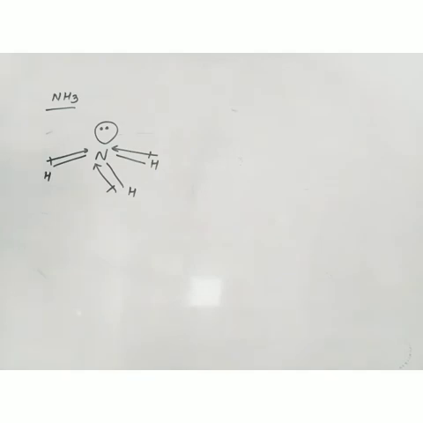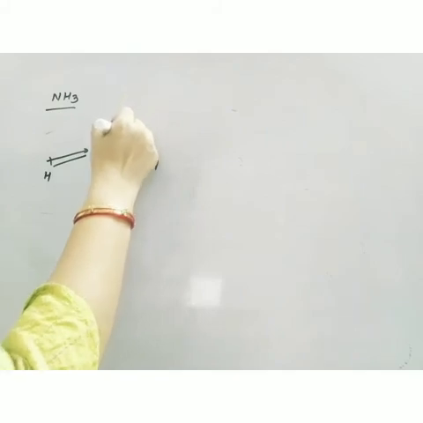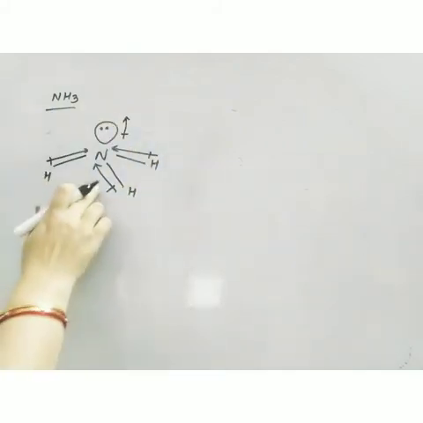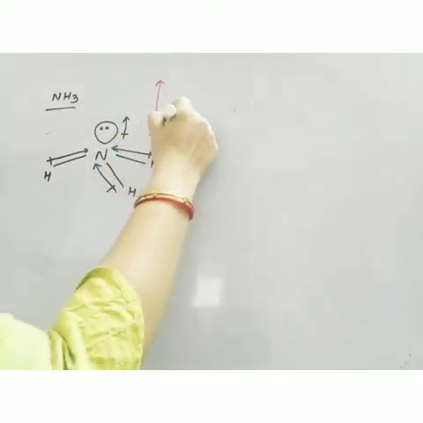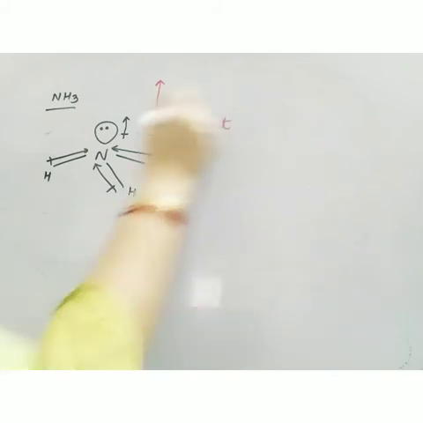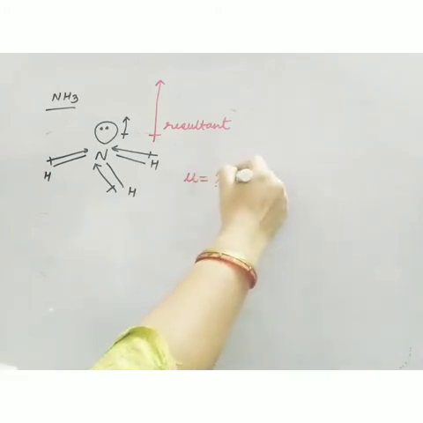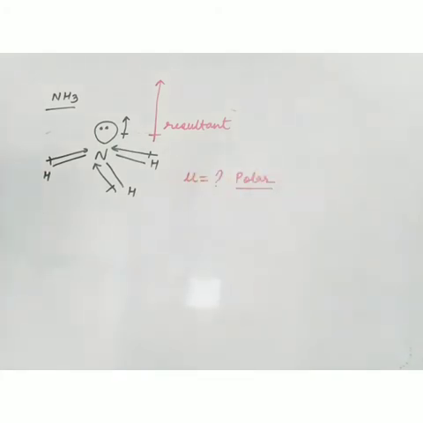Lone pair vector is also there because lone pair means electron pair, that is also polarity. Lone pair vector is always up. So now four vectors are there and all are pointing up. So definitely resultant is up only because there is no cancellation. So this is the resultant of all the four vectors, 1, 2, 3 and 4. So this molecule is having some value. It means this molecule is polar. I am not calculating the value, but I know that whatever value is there, it is having a significant amount of polarity. It means ammonia is polar in nature. Here it is not cancelled.